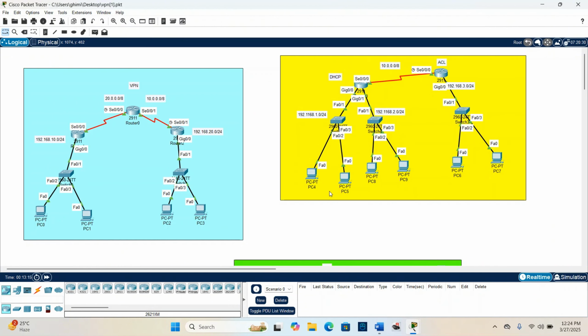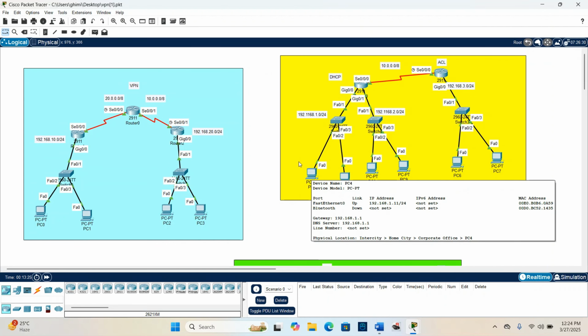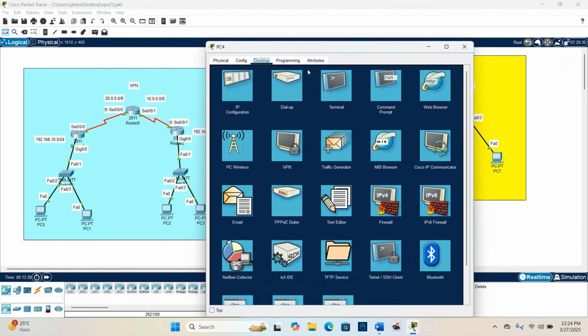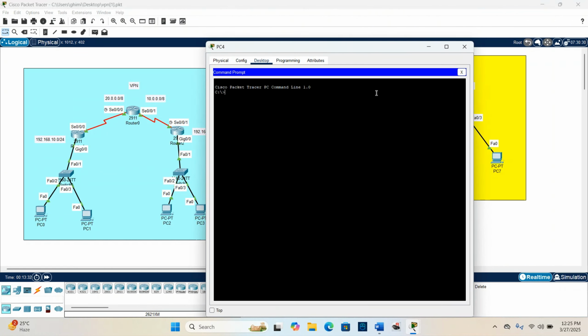With SSH I can remotely access, or you can say log in to the router with my PCs with the help of my username and password. So let me show you how I do this. I've already configured that. So when I go here, I write SSH -l, and the username I have given is Cisco over here, and there I have to give the network,